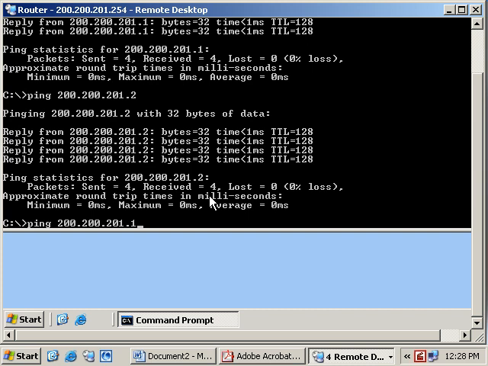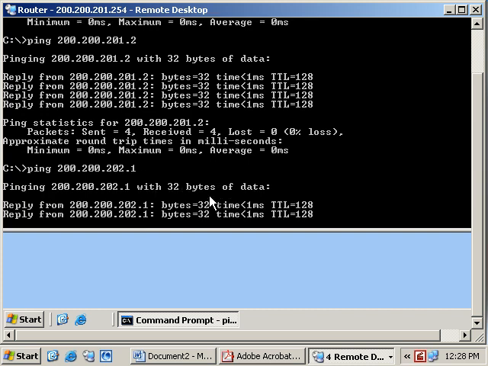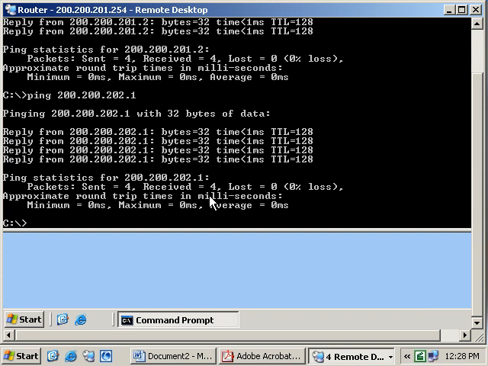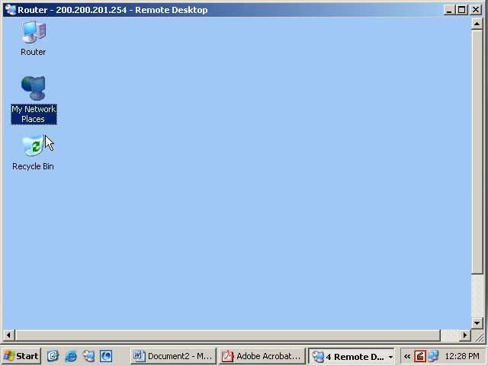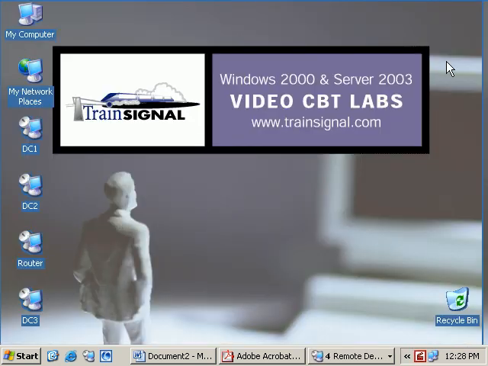Now let's ping our server on the second network, which is DC3, also numbered as 202.1. So if I'm able to ping this, I'm able to access all the computers on my network. This is a critical step. If you have to spend a lot of time doing this, please invest that time because this is going to be absolutely critical. We do not want network activities to slow down simply because the physical equipment was not networked